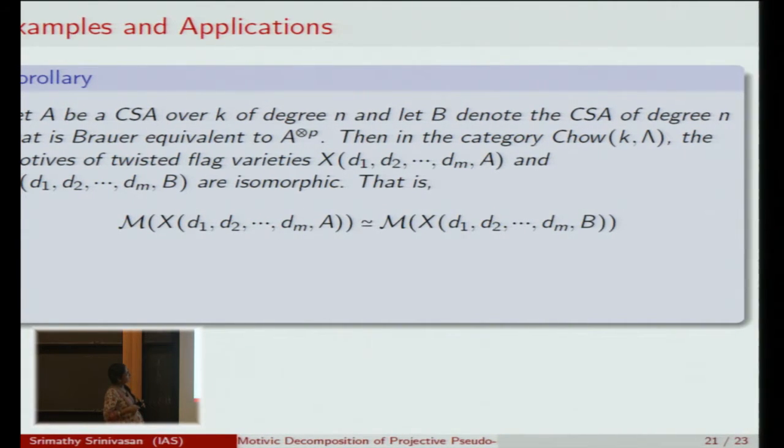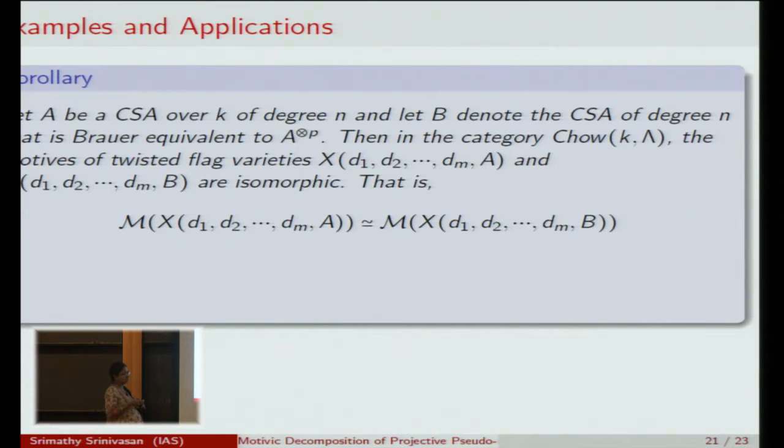X(d1, d2, up to dm, A) is the variety of right ideals of reduced dimension d1 less than or equal to d2 less than or equal to up to dm in A. So this is a twisted form of a flag variety over A, and this is again the variety of right ideals of reduced dimension d1, d2, up to dm inside B. So this is again a twisted flag variety for B, and then I show that these two motives are isomorphic,